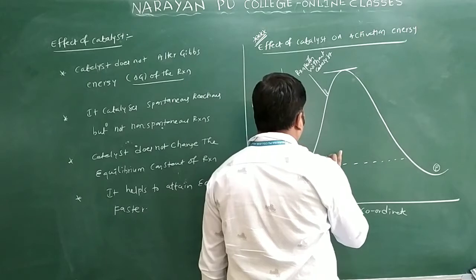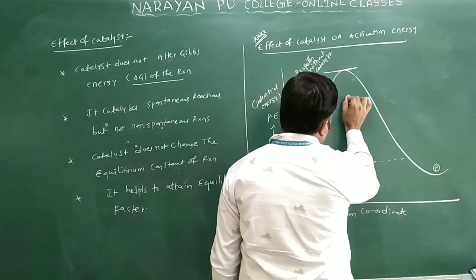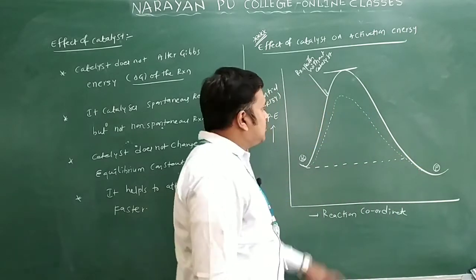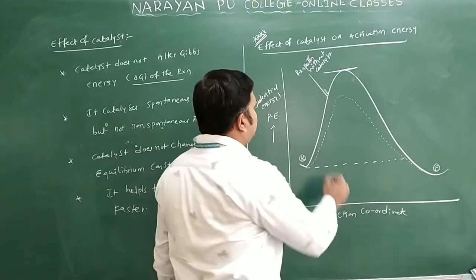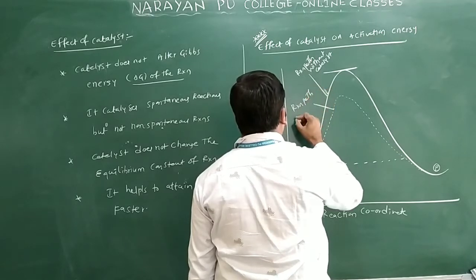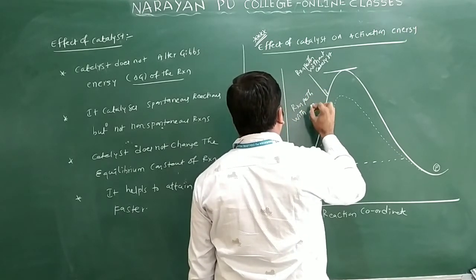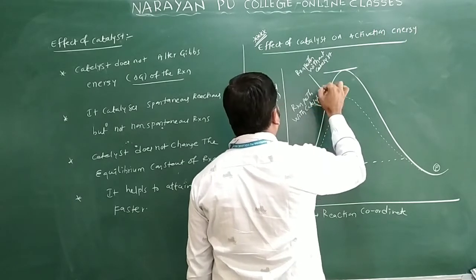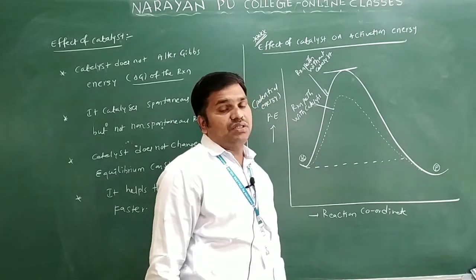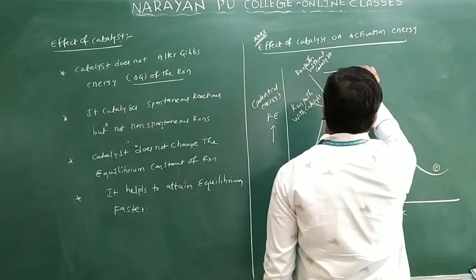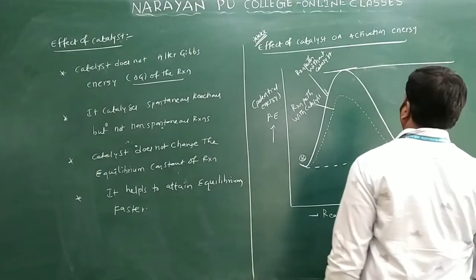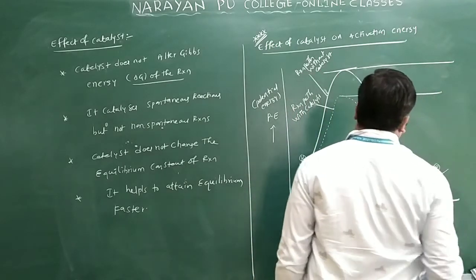Clear? Suppose I want to add a catalyst. After adding the catalyst, I want to observe the reaction path of the compound. So this is the reaction path with catalyst. This is the reaction path without catalyst. This is the reaction path with catalyst. Okay. Now I want to extend this one like this, or I will draw one line here. Clear? So here I want to draw one more line.